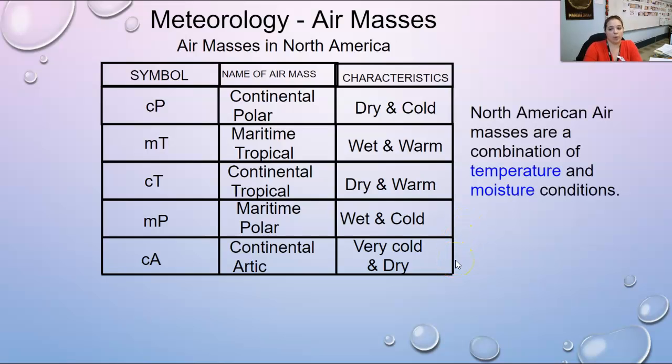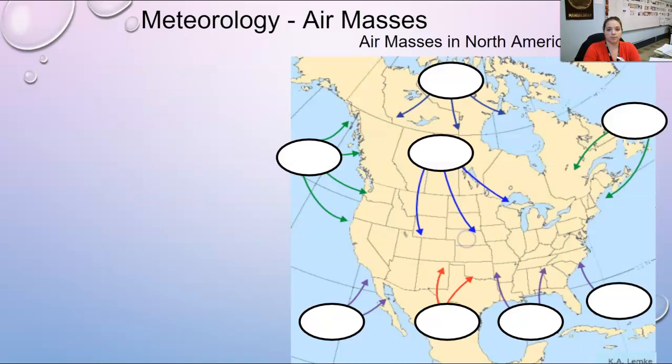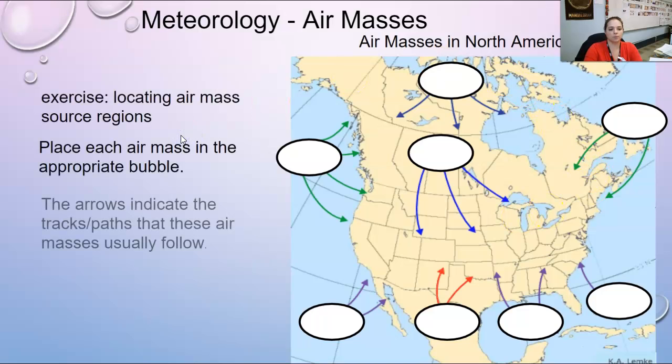North American air masses are a combination of temperature and moisture conditions. So we're looking at North America, not South America, just North America for right now. Some of these air masses and others not mentioned create fronts. We'll get to that tomorrow. Fronts bring changing weather conditions and headaches to some of us. All right, so this last one, I'm going to look at this